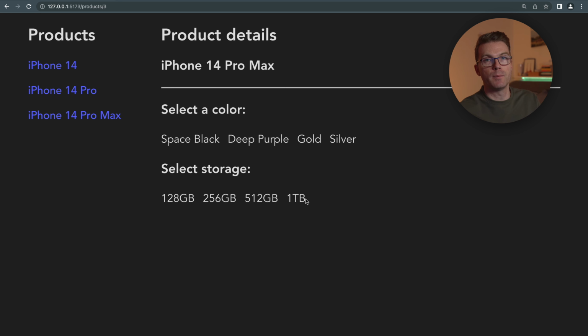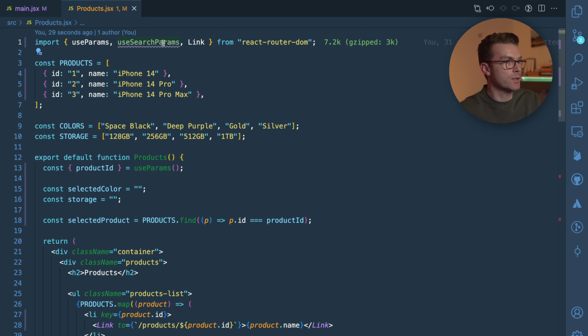Now these I don't want to be URL params the same way as an ID. You always need the ID first, but we don't know whether we're going to have the color first or the storage first, and it doesn't really matter. So we want these to be search params. And search params can be set in any order. So for search params, what we're going to do is we're going to use this hook from React Router DOM,